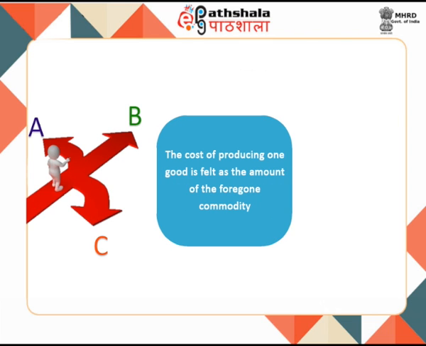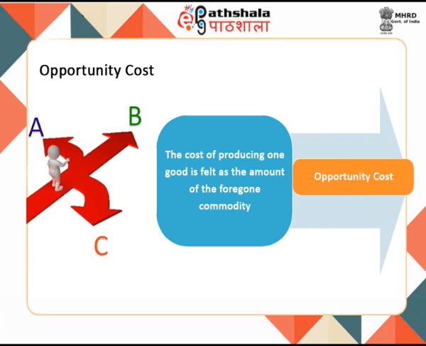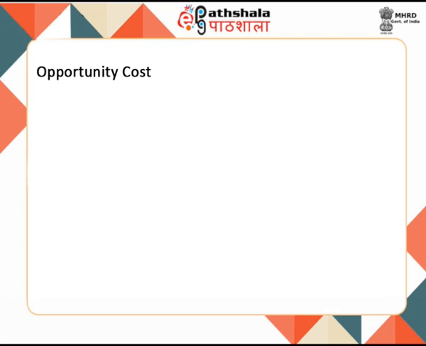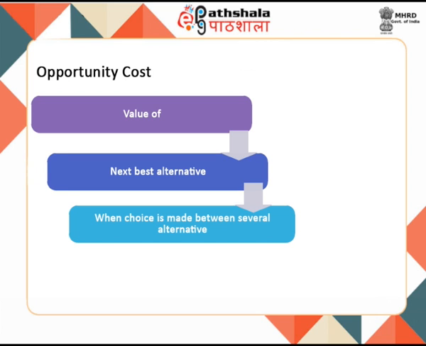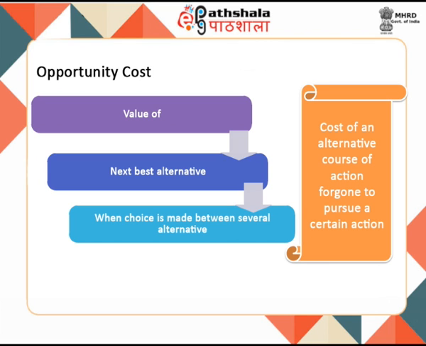The cost of producing one good is felt as the amount of the foregone commodity. Economists use the term opportunity cost to explain the same phenomenon. Opportunity cost can be defined as the value of the next best alternative foregone whenever a choice or a decision is made between several possible alternatives with the given set of resources. In other words, it is the cost of an alternative course of action that is foregone to pursue a certain